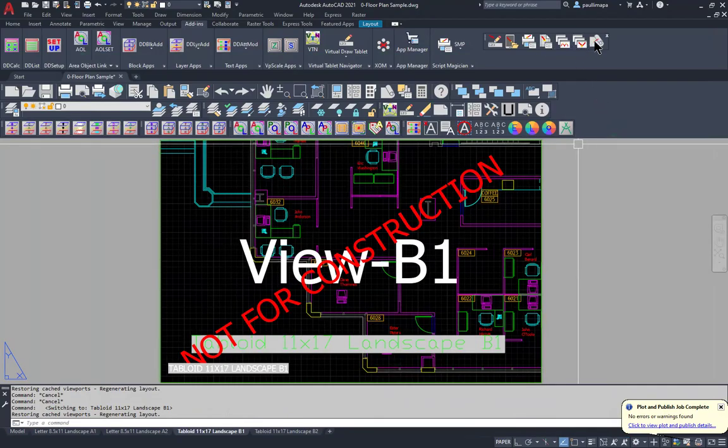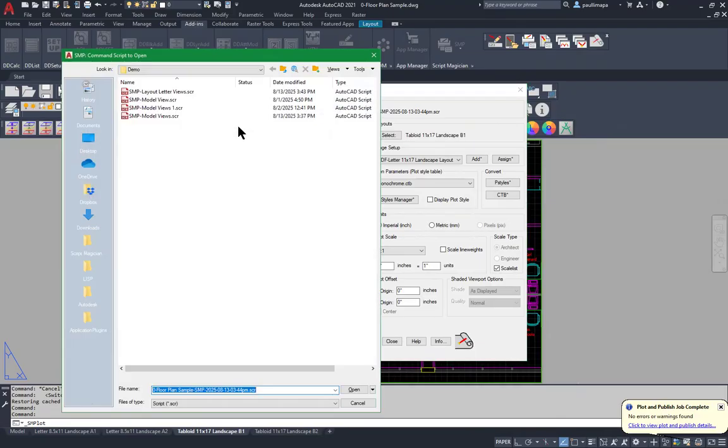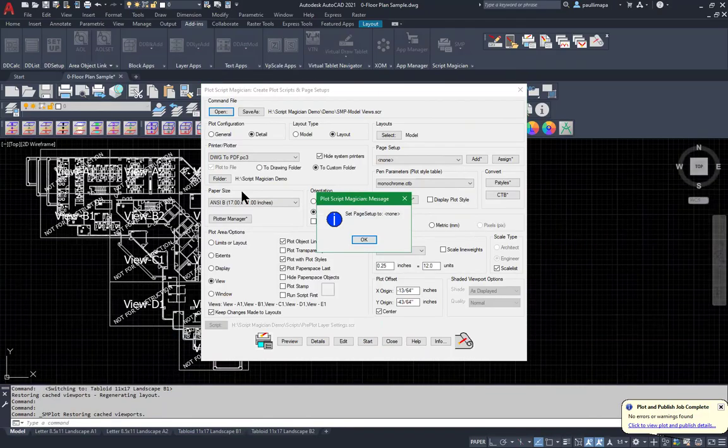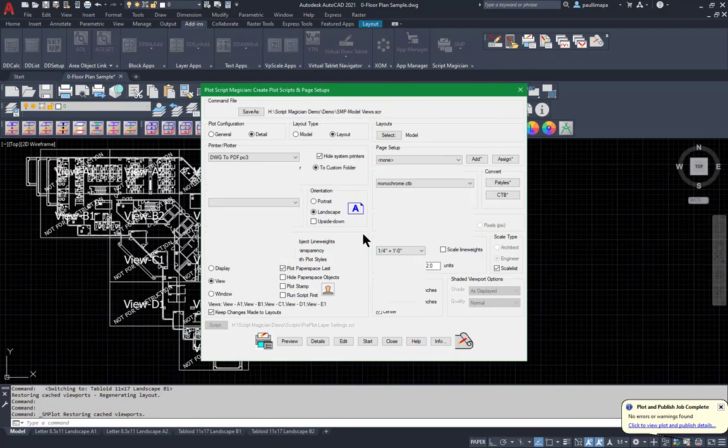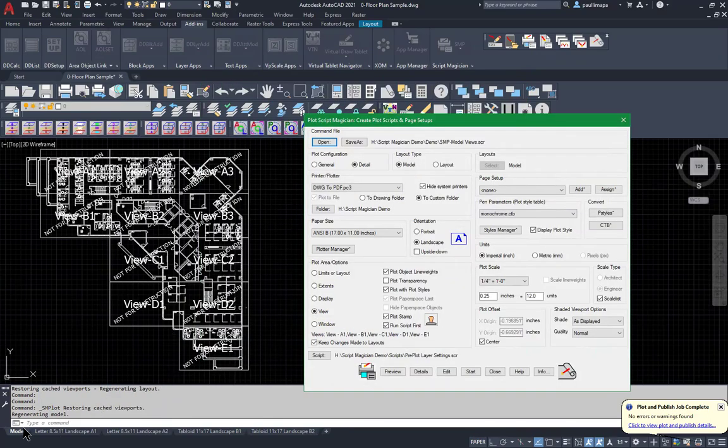Now to test how the script file actually works, I would open the model views one, because that should give me all the information which I just saved, which I just created here, right? Open that. Notice that it tells me the page setup was set to none before, and then it went immediately to the model tab. It didn't stay in the layout tab, but it went to the model tab,